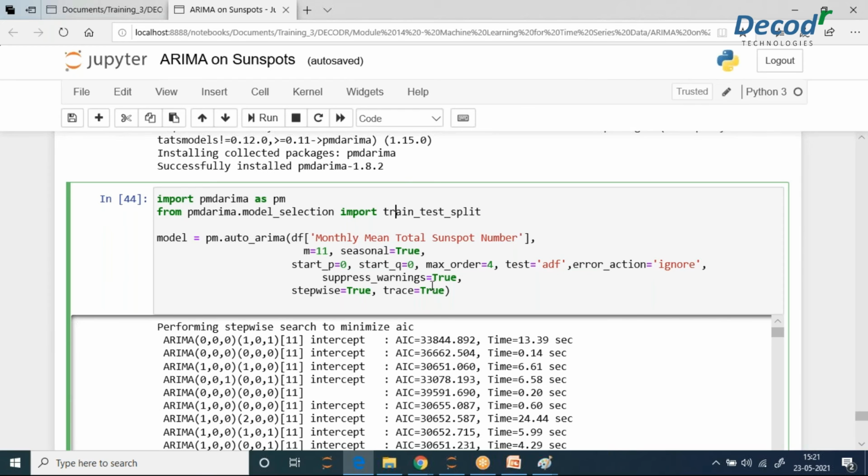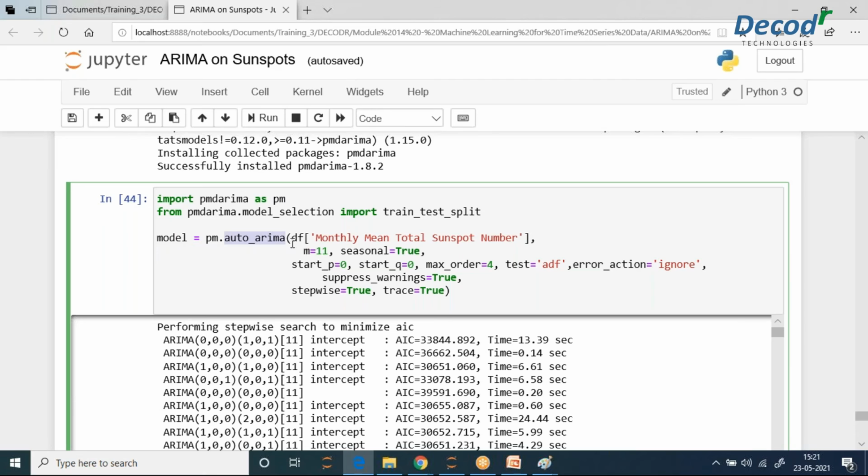So these are a few parameters where initially you won't be able to understand what will be the right parameter to give. That is why we are using auto ARIMA. Even if we give something, it will automatically figure out which is the best parameter. So you can just import pm and use pm.auto_arima to figure out the values itself.